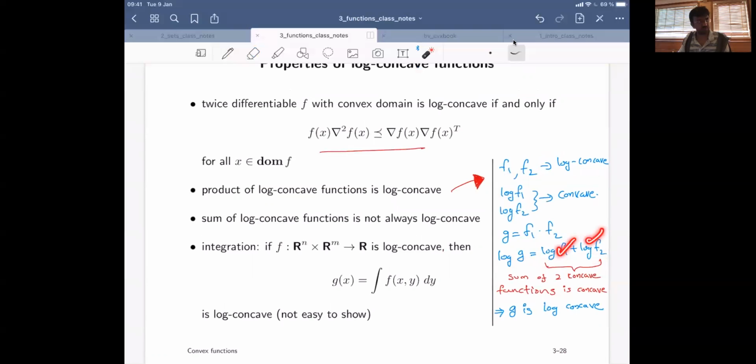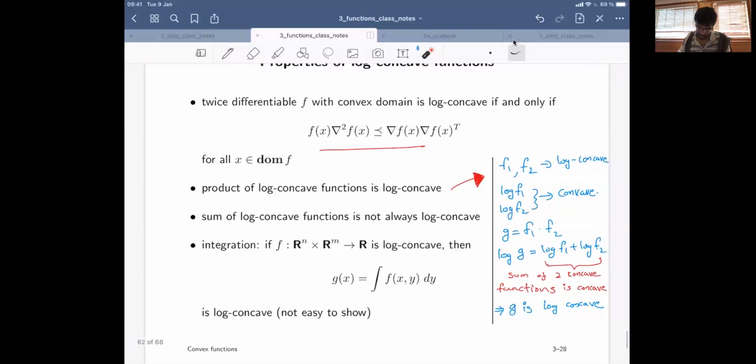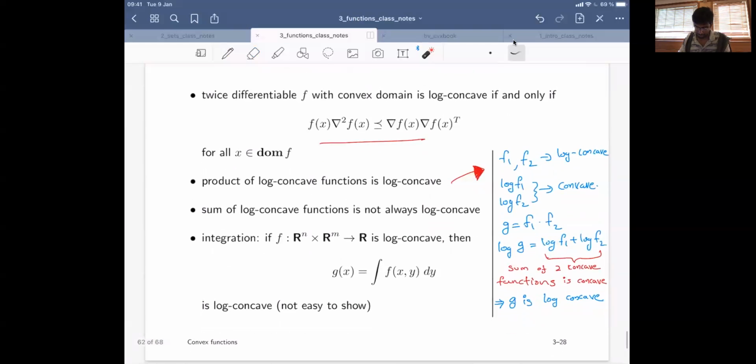These two are concave functions. Then the sum of concave functions is concave. That means log g is concave, means g is log concave. So it's a simple proof. Now you can see that usually when you take the sum of two convex or concave functions, that will be convex or concave, right? But here that is not always true. So for further reading,